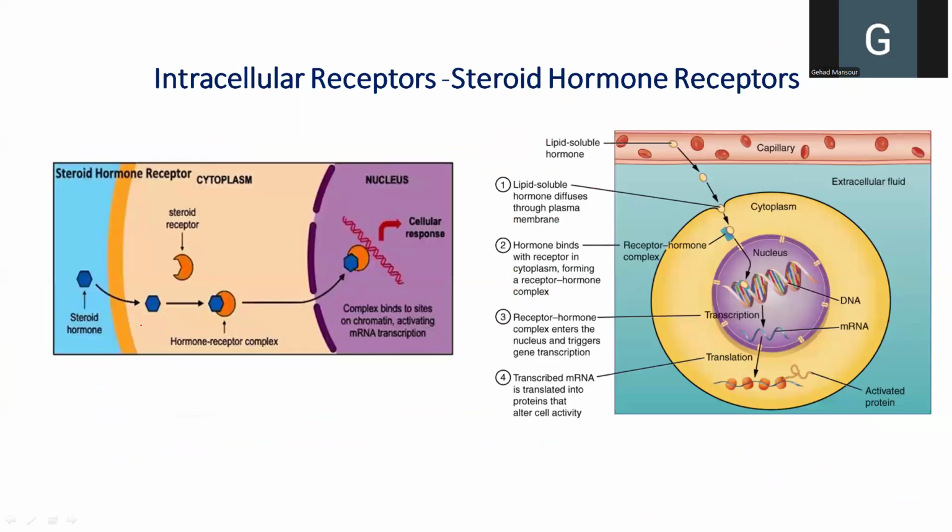Here, for example, we can see how a steroid hormone can enter easily. A steroid hormone, this molecule, can enter easily through the cell membrane and then bind with a receptor inside the cell. This receptor is an intracytosolic receptor,